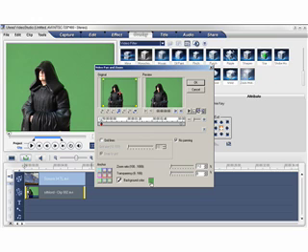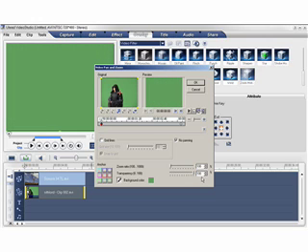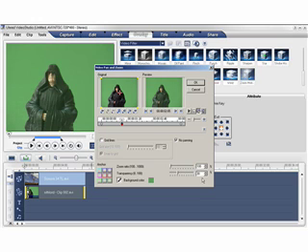Now select the first keyframe. We don't want any zoom, so set the zoom ratio to 100%. But we do want the Sith Lord to be initially invisible, so set the transparency to 100%. Now add a second keyframe a quarter way down the timeline. Set the zoom ratio to 100% and the transparency to 30%. This will make the Sith Lord gradually appear, but because we set a 30% transparency, the Sith Lord will appear